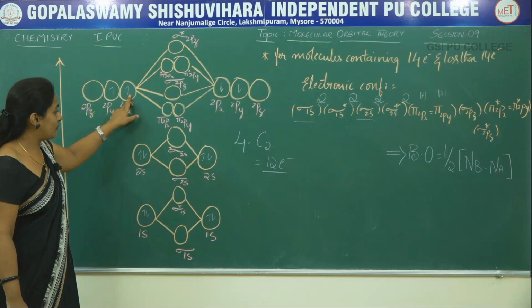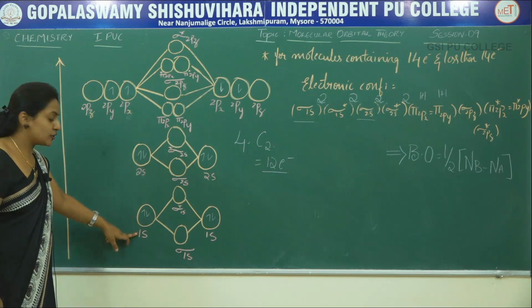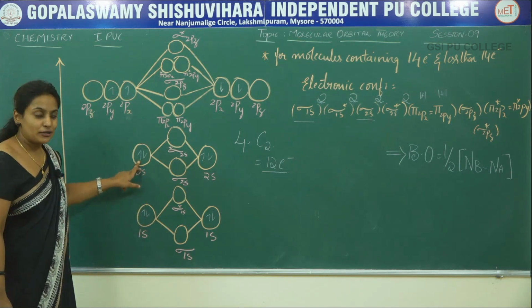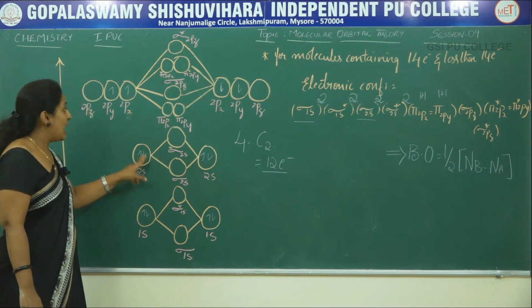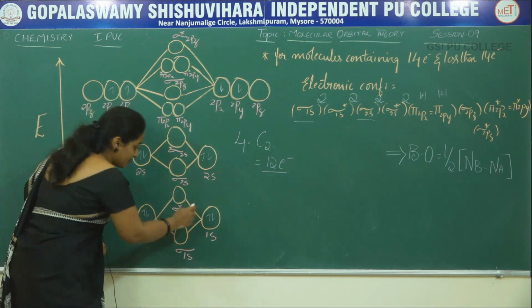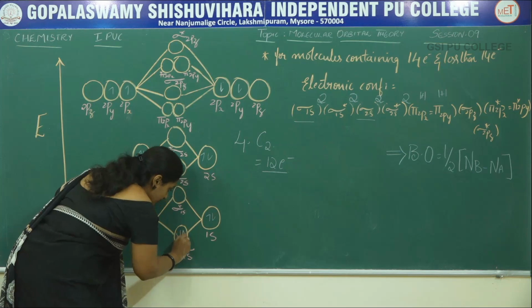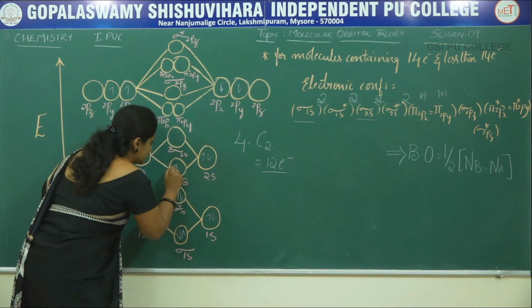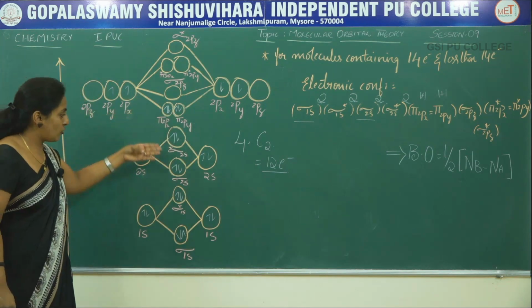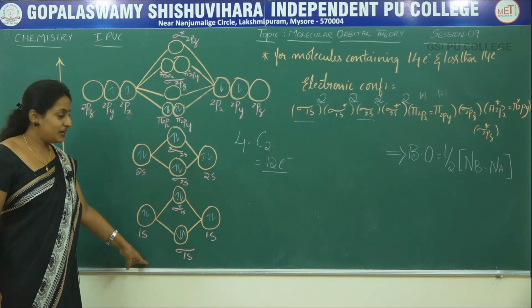These are the atomic orbitals of the carbon atom. 1s atomic orbital of carbon atom contains 2 electrons, and 2s atomic orbital of carbon atom contains 2 electrons, and 2p atomic orbital contains 2 electrons. Therefore, after mixing with each other, the electron sharing takes place like this. This is how the electron sharing takes place in a carbon molecule.